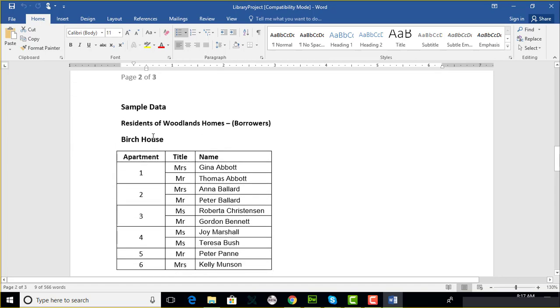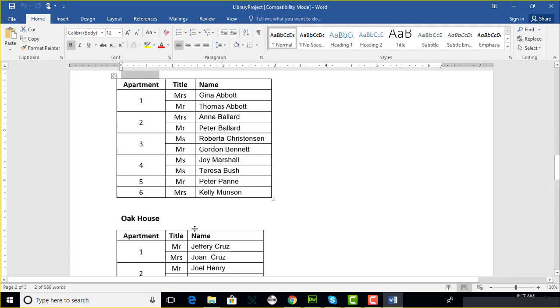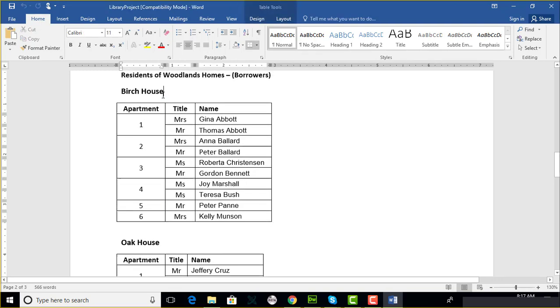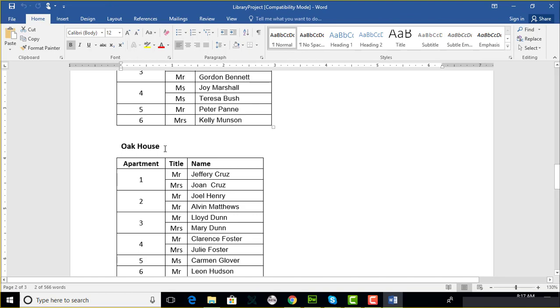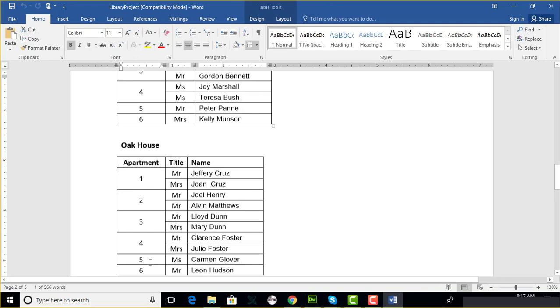Then they're telling us that we have the following information about the residents. So you see over here, I have the Birch House, I have the Oak House. Now, this is your data which is not in normalized form. You have a look. You can see you have different apartment names. This is one apartment name, another apartment name. No, that's wrong. You should have a table that would be for apartments where you can have the apartment ID, okay, and then you can